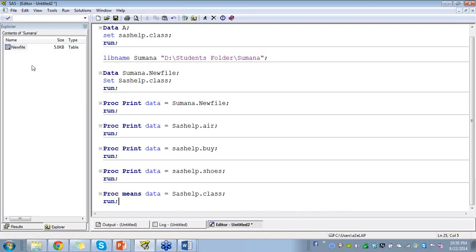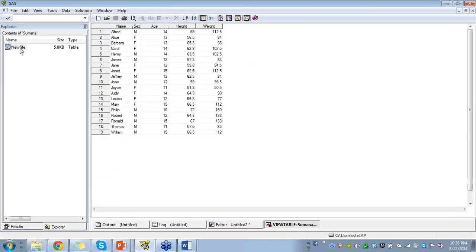Now what else is there? Suppose if I click on this one, you can see I have the table which has all the values. Suppose at a glance I want to see a particular value. At a glance I want to see how many people are there whose age is less than 12 years. So what I will do, I will give here where